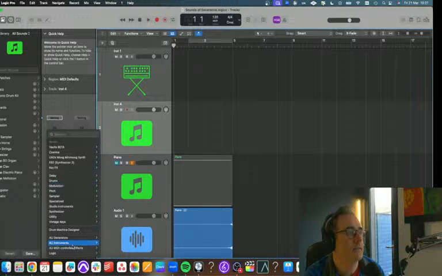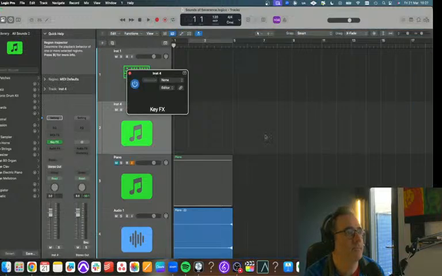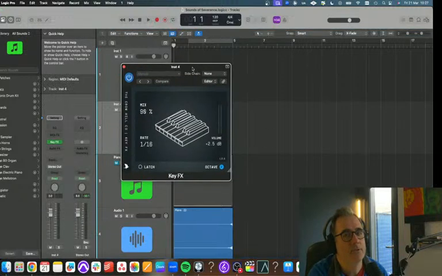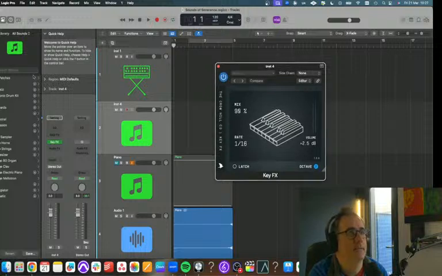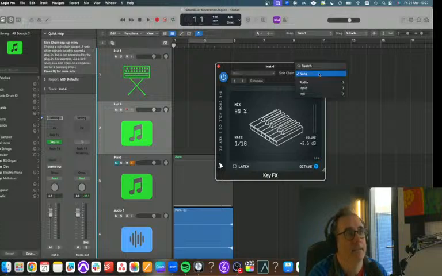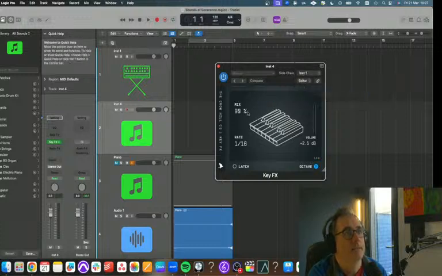It is actually a MIDI effect. Here we go. It's Key Switcher. So it allows you to add effects through a sidechain, using a keyboard.